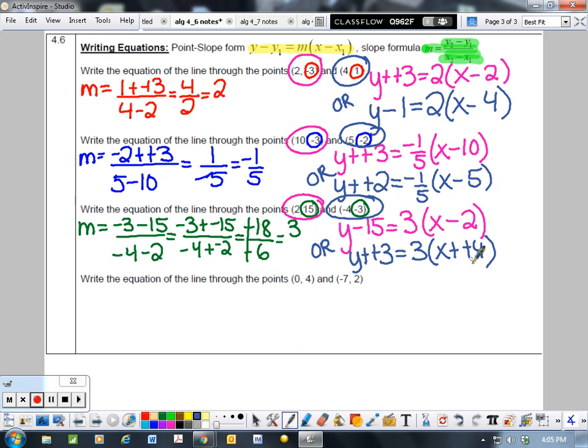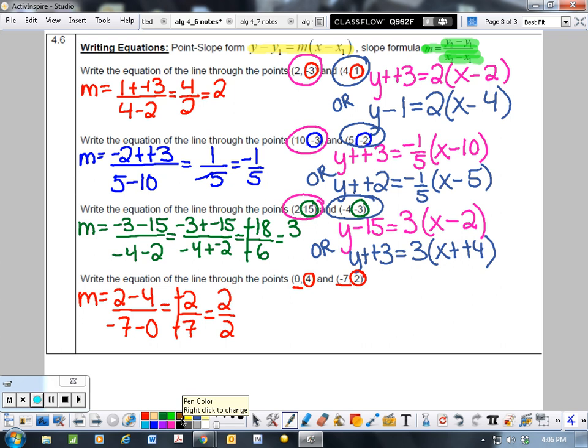So we've got one more example, and then we're done for today. So now I'm going to go ahead and calculate my slope, y2 minus y1 over x2 minus x1. So on the top, I'm going to have negative 2, on the bottom, negative 7. Negatives cancel, so I have positive 2 over 7. And now I can go ahead and write my first equation using the first point. So y minus 4 equals,